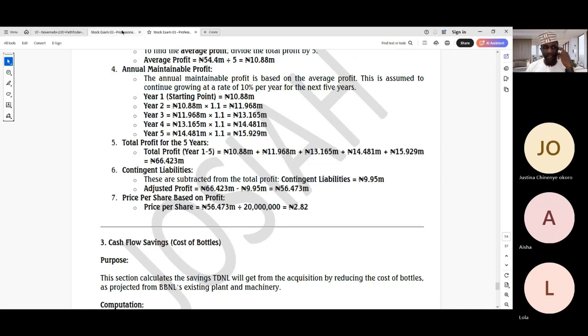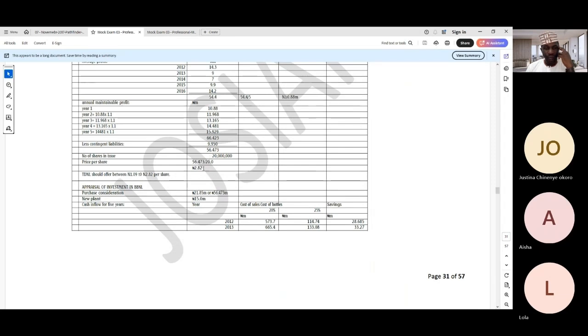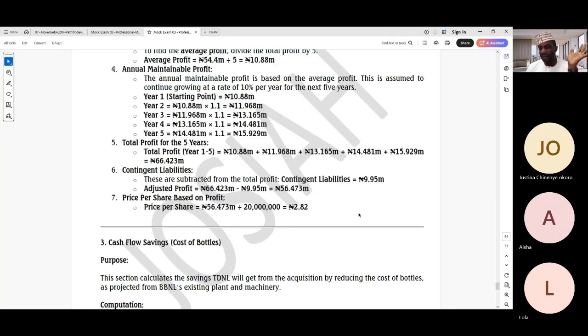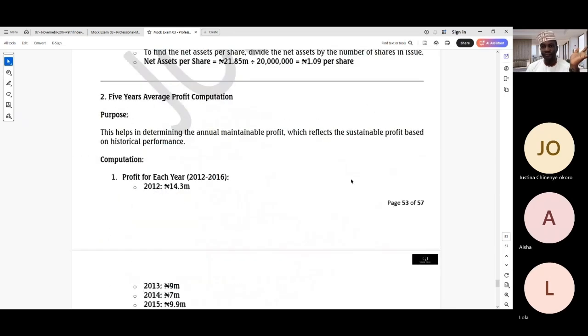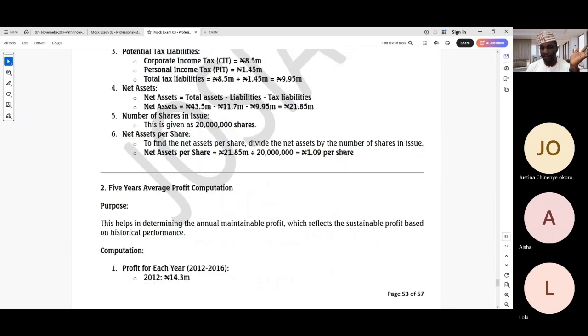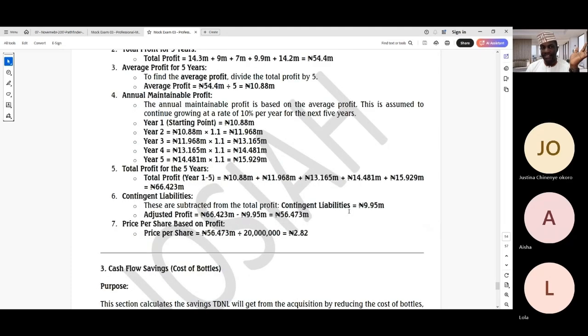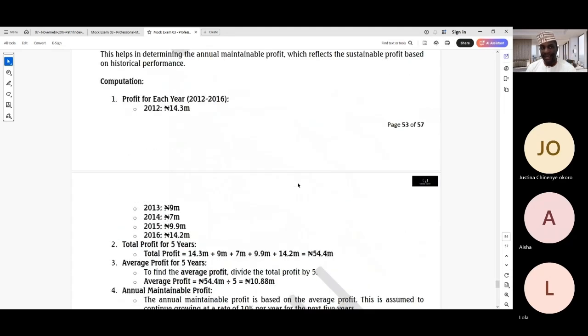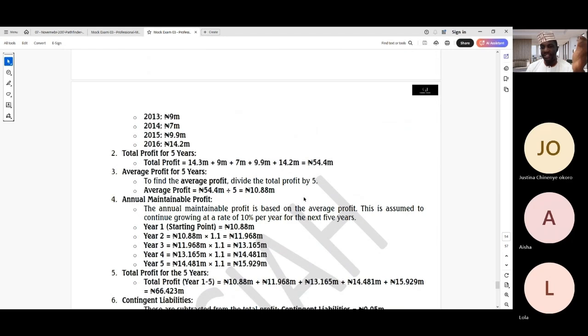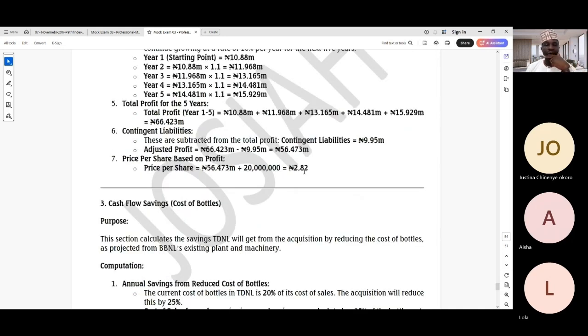So that was the result you can see here, which is 2.29 kobo. So TDNL should offer 1 naira 09 kobo to 2 naira 82 kobo per share. That's what they should offer. So minimum 1 naira 09 kobo to buy BBNL. And maximum they should offer, you are advising, based on the annual maintainable profit, is 2 naira 82 kobo, considering